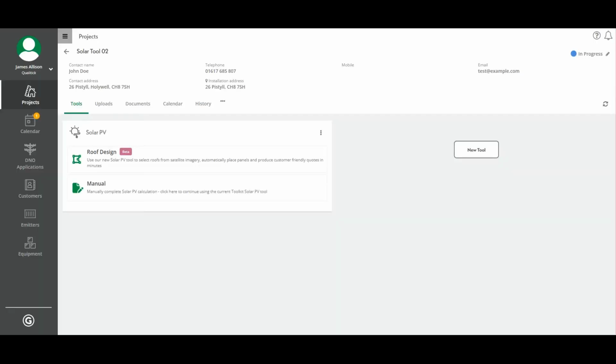Today we're going to go through our latest tool, which is the solar PV roof design. You'll find this now is one of the options when you select a solar PV tool. So the manual way is the way that we always used to do it. You can still use it this way if you prefer, but this video is going to show you the newest